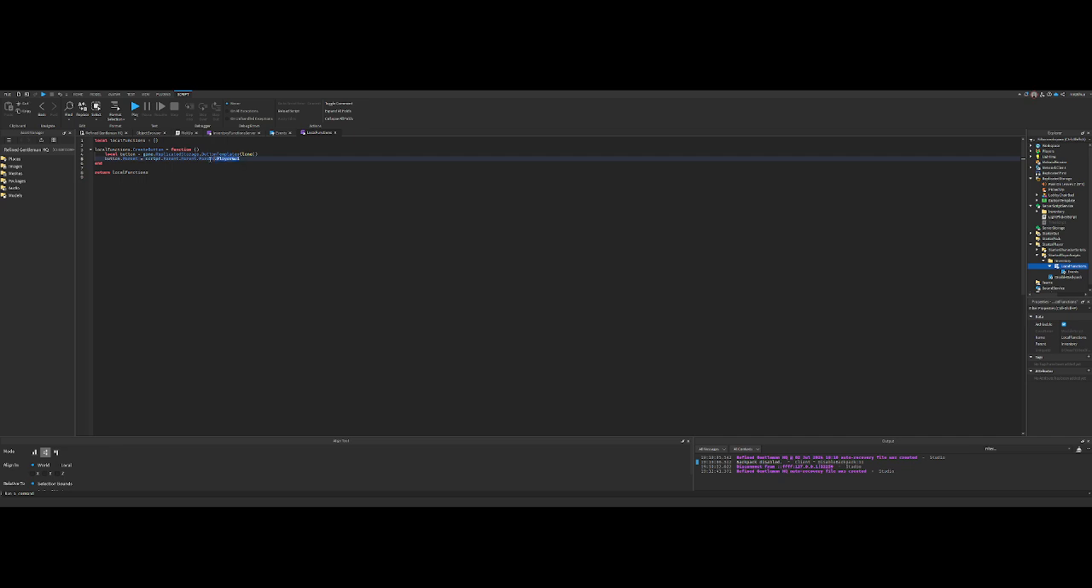If I were to just do, oh wait, WaitForChild PlayerGui. Okay, this is a lot longer than I thought it would be, but I'm still going to do this. InventoryGui, WaitForChild hotbar. What this should do, if I were to run this, so let's say,